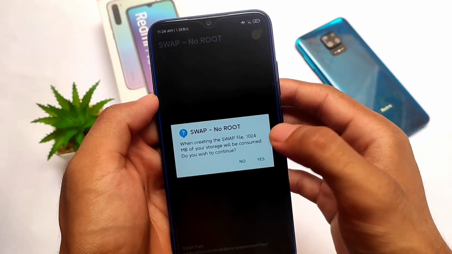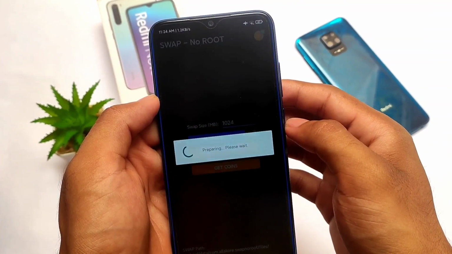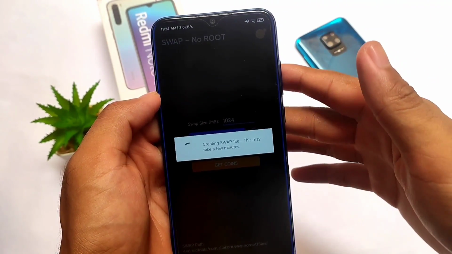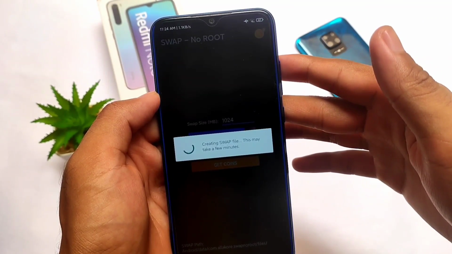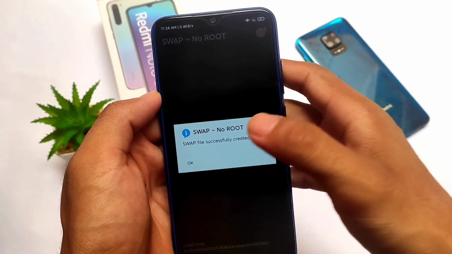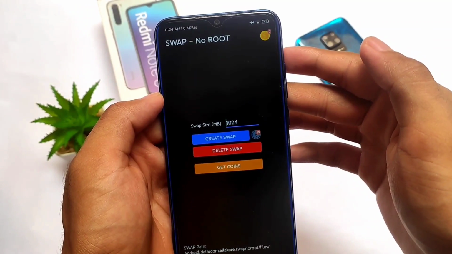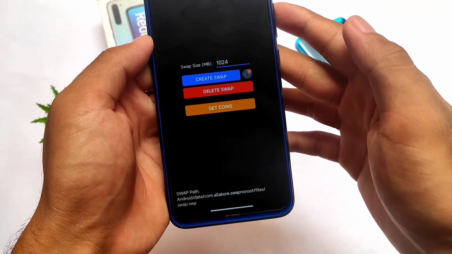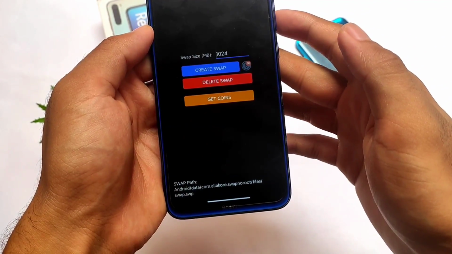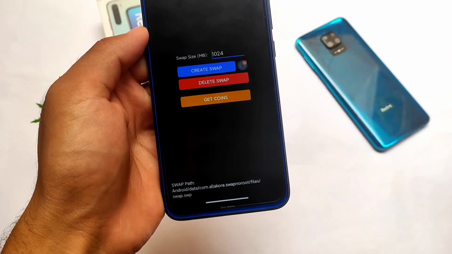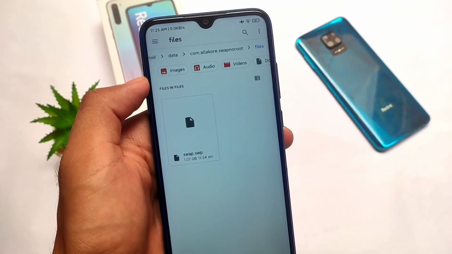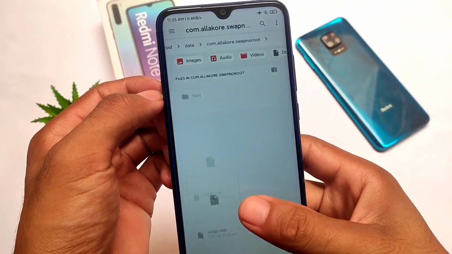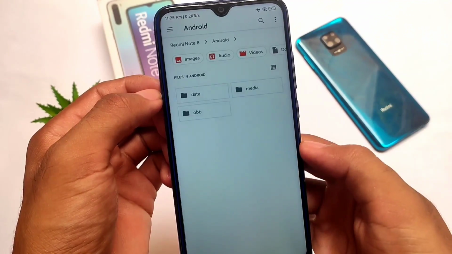It will ask you like this, and storage will be used. Click on yes, and you're good to go. It will take a few seconds, and after that the swap file will be created and your device storage will be decreased by 1 GB, as we have chosen 1 GB, and that 1 GB will be included in RAM. The best thing is that your device performance will definitely increase. It will not show you in counts, by the way. Let me show you the location if you want to check how much MB or GB they got and where that swap memory is.